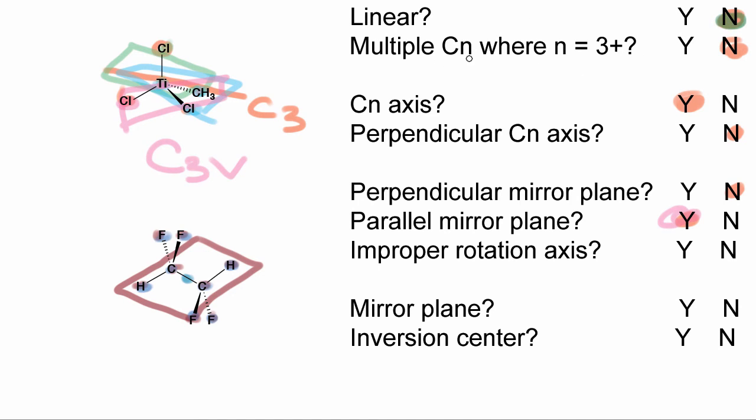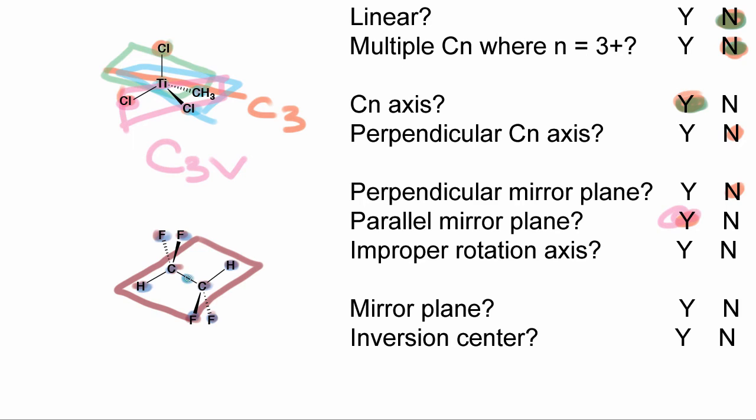We don't have any CN axes that are greater than 3, so we can already rule that out. We do have a CN axis, as we said, so that's a yes. Do we have a perpendicular CN axis? And so looking at this species right here, we know that we have this CN axis that goes directly through